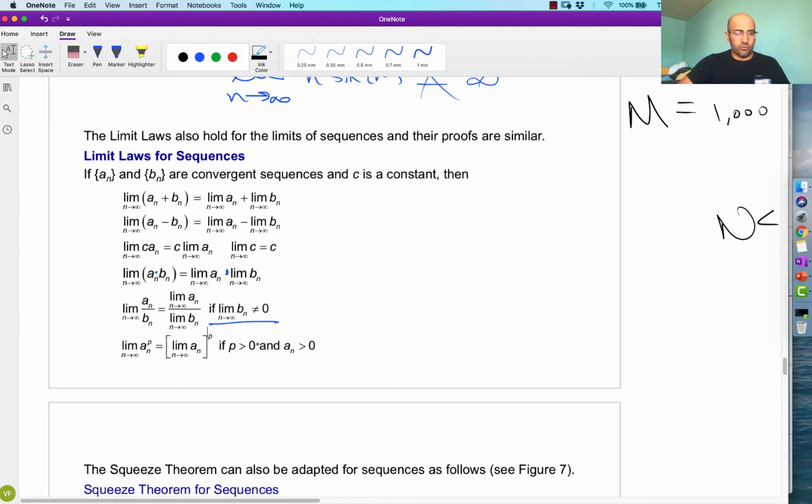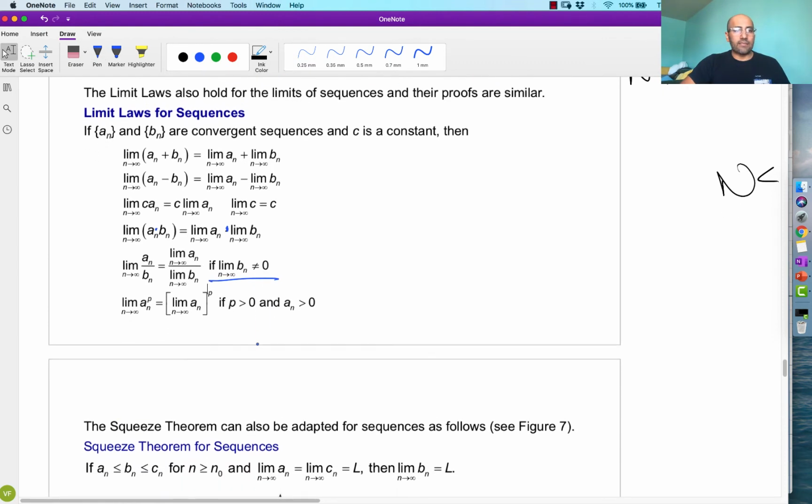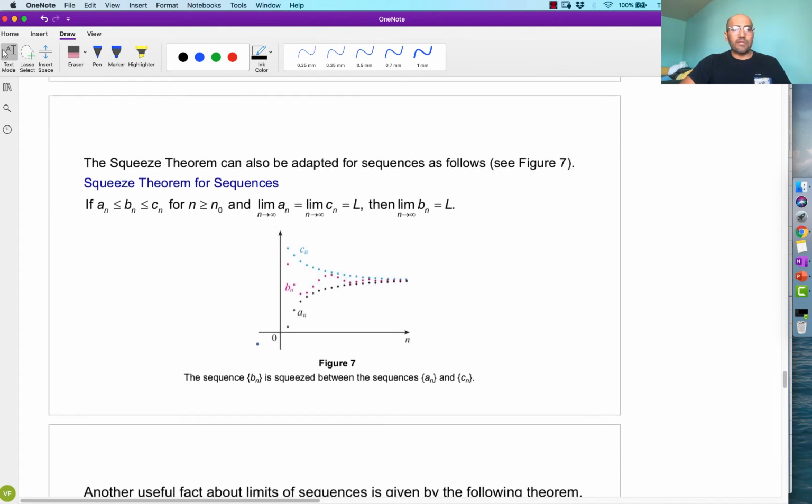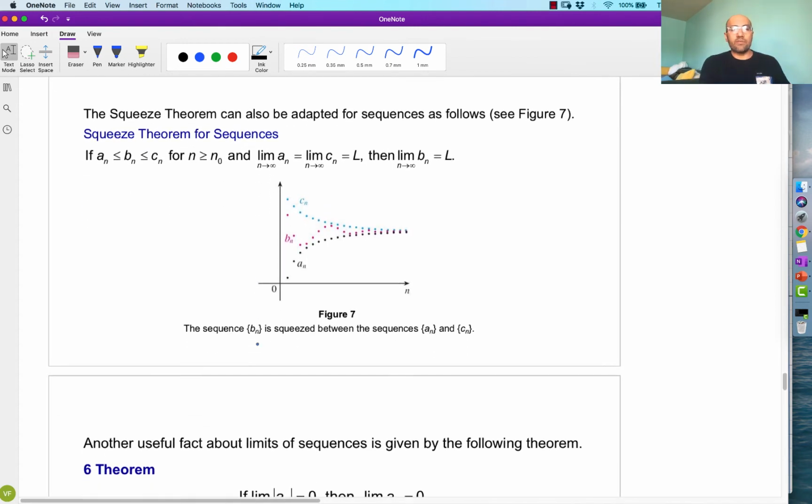Good. Okay, so we'll see some homework problems and we'll see how we can apply these limits. The squeeze theorem. The squeeze theorem for sequences. So if we can establish a relationship between a sub n, b sub n, and c sub n that satisfies this,